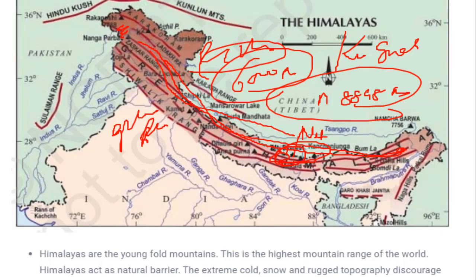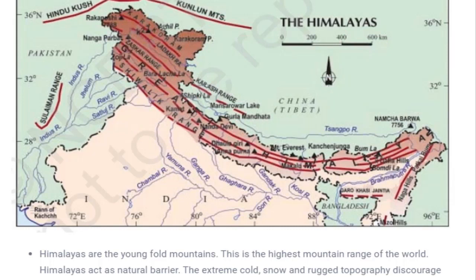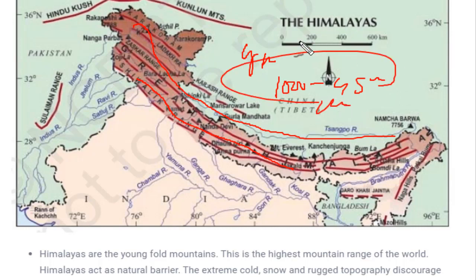Okay, the next part that we are going to see in the northern mountains is the Lesser Himalayas. The Lesser Himalayas lie parallel to the Greater Himalayas. If the Greater Himalayas extend from this place till here, these Himalayas will also lie in this area only. It won't go anywhere else, but it would be parallel along with the Greater Himalayas. The average altitude is lower as compared to the Greater Himalayas. Since they are Lesser Himalayas, their altitude will be lesser. The altitude of the mountain range is between 1000 to 4500 meters, and the average width of the mountain would be 30 kilometers.